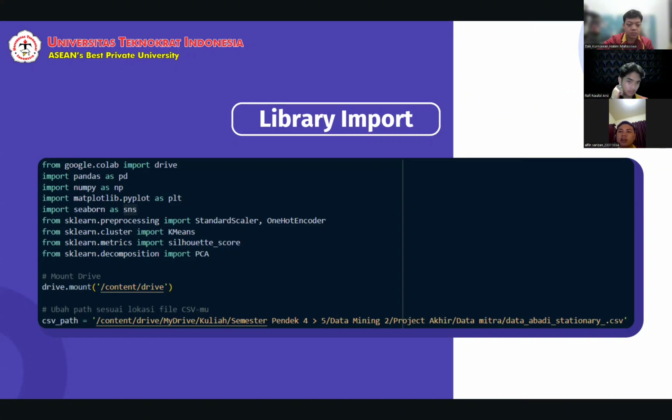Specify the location of the CSV file so that it can be read by Python. This is important to ensure that the sales data from Toko Abadi Stationery can be loaded and analyzed. Okay, next.